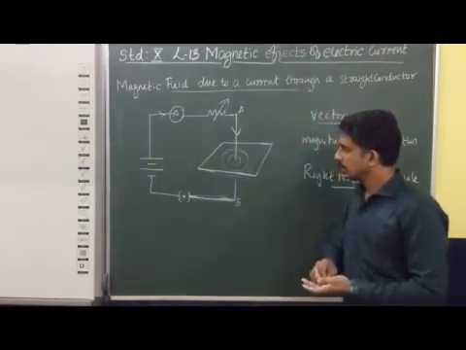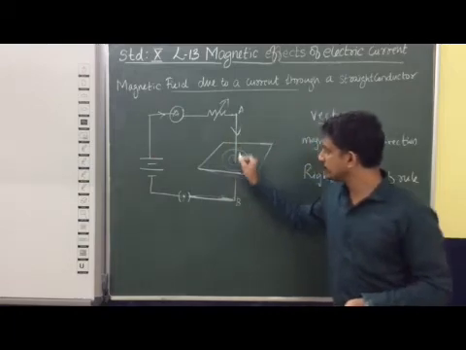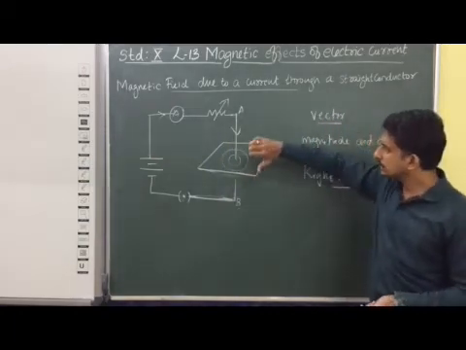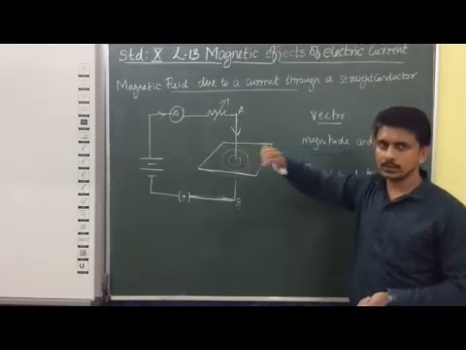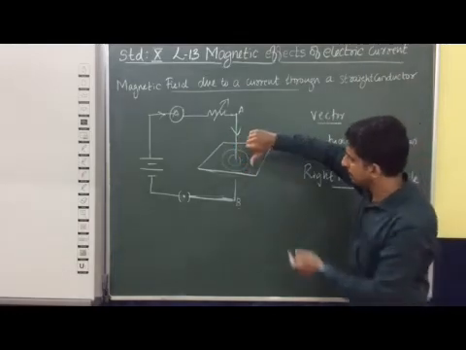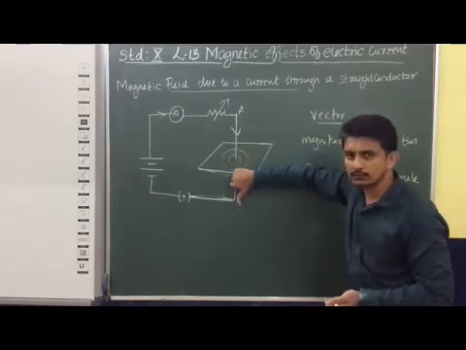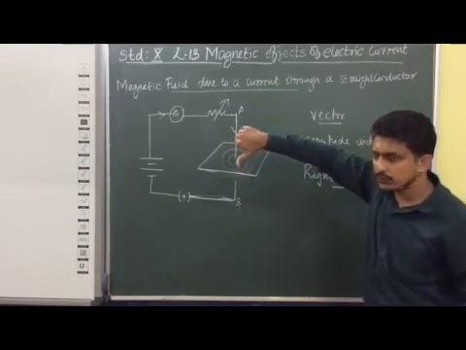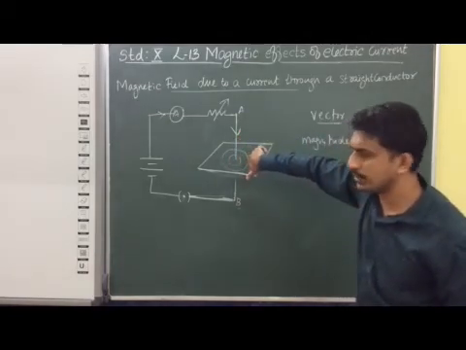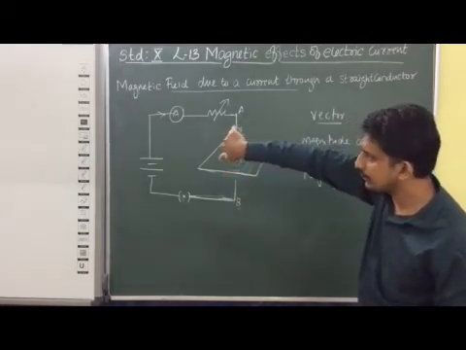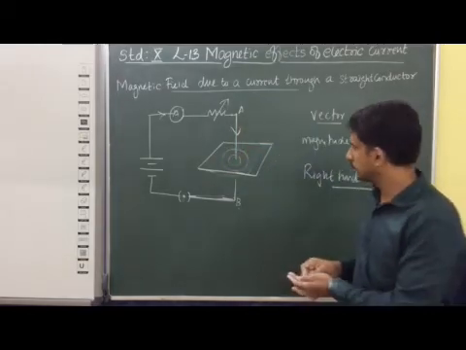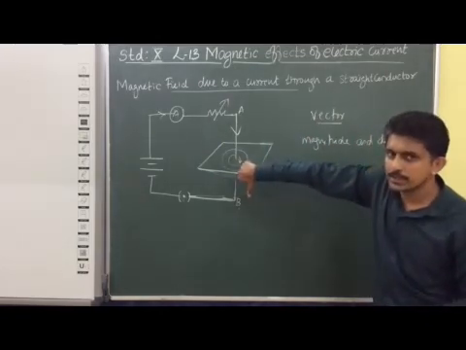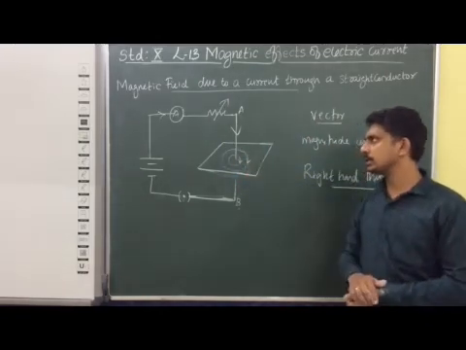You can see that this is the direction of current flow in this circuit. Current is flowing from A to B. So you can imagine we are holding this current carrying conductor in your right hand, in which the thumb is pointing towards the direction of current flow. Then the fingers will show the direction of magnetic field lines. If you are holding it this way, the fingers are moving from inward to outward. That means this direction. This is the way we can determine the direction of magnetic field lines with the help of the right hand thumb rule.